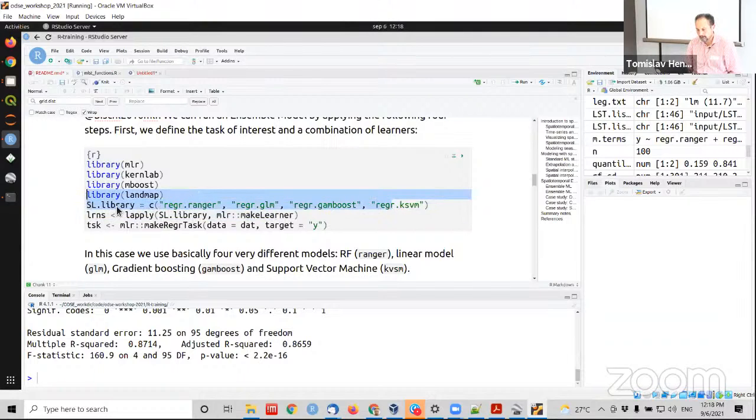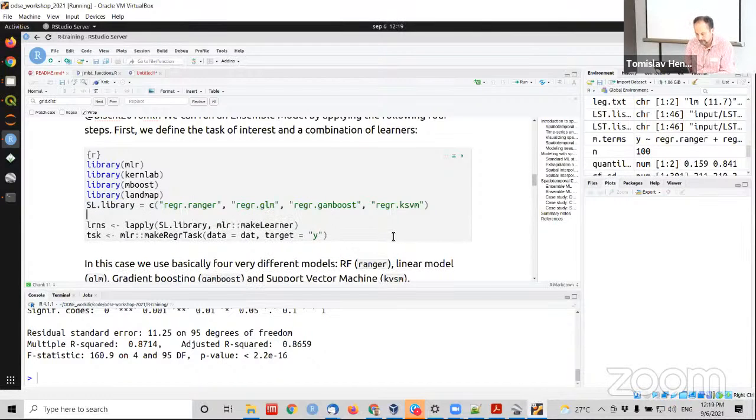I can put a new line. Maybe I'll have to restart my session. So this one, I go like this, and I mask out this one. And here I have to now remove,